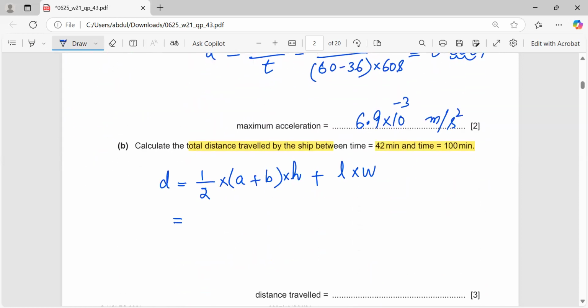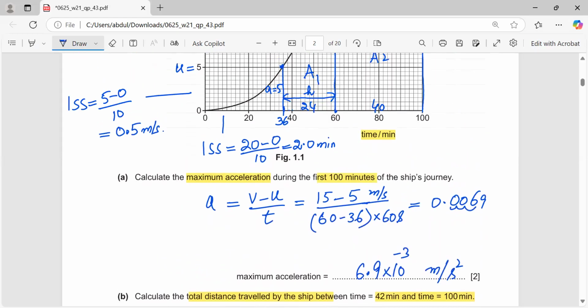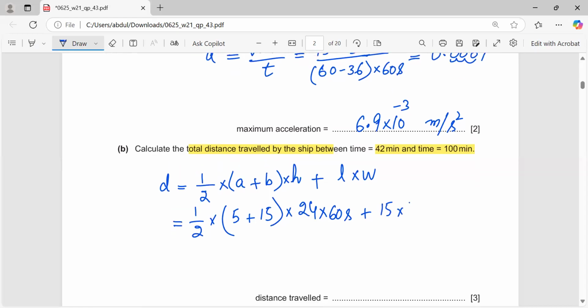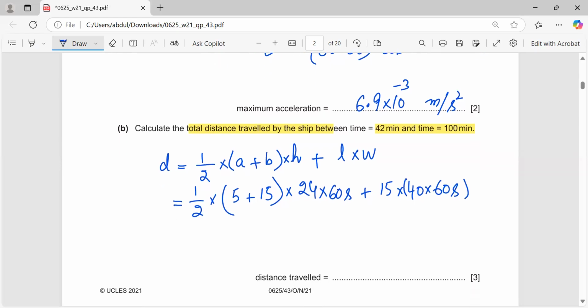So it is equal to 1 over 2 times a, which is 5, plus b, which is 15, times h, which is 24. But here again you need to wake up: 24 times 60. We cannot use minutes, because we will be writing the SI unit for time, which is seconds, plus length, let it be 15 times 40, but again 40 minutes, so 40 times 60, it will be converted to seconds. So when we are solving it, we are getting the answer